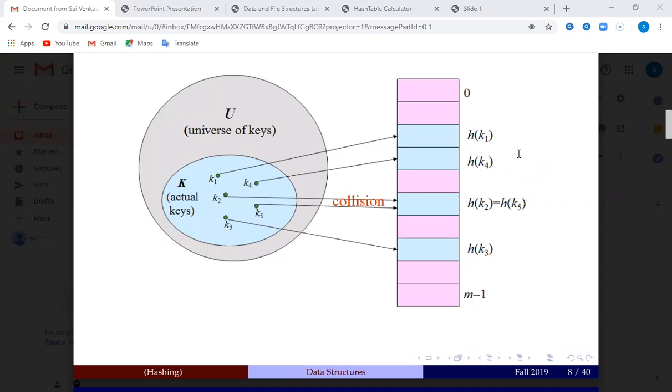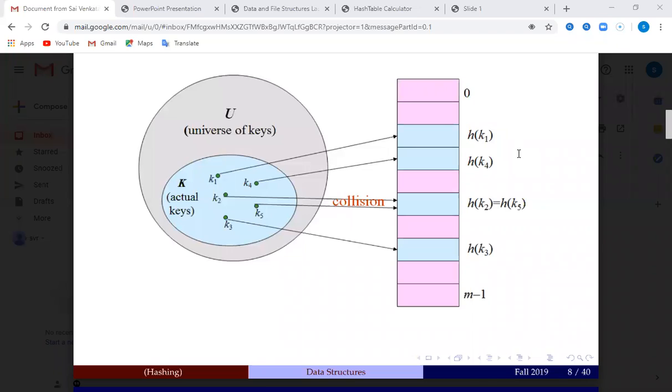So 25 modulo division 10. The remainder is 5. So 5 is the index where I have to store 25. 25 is the key, and the maximum hash table size is 10.